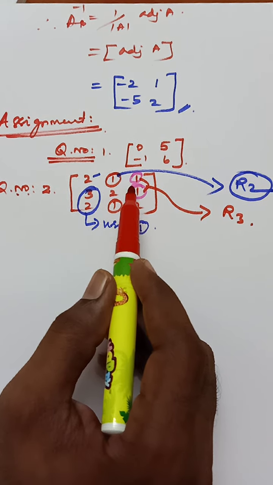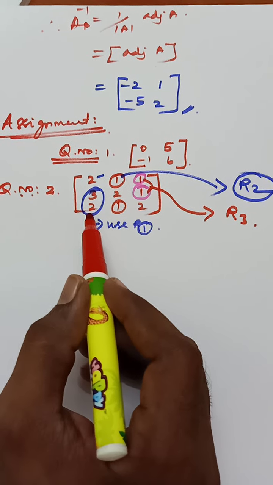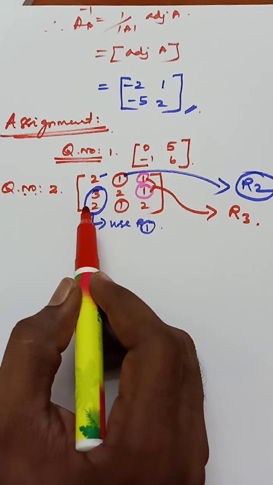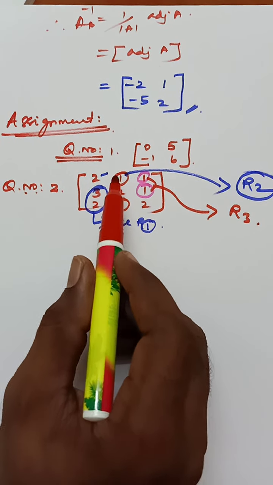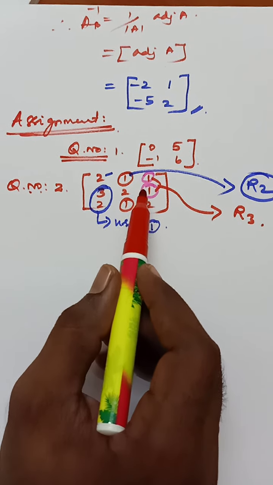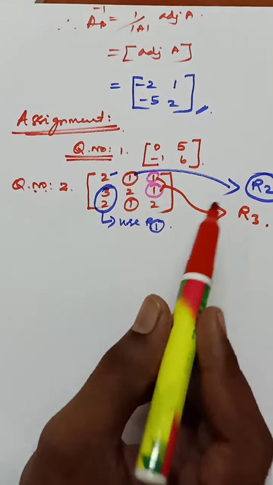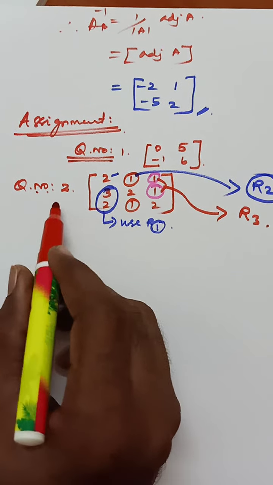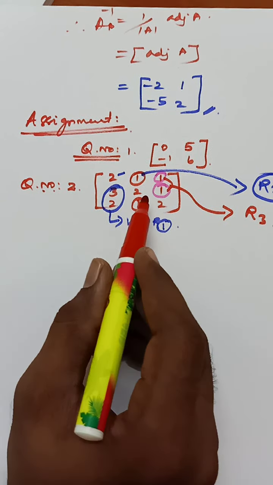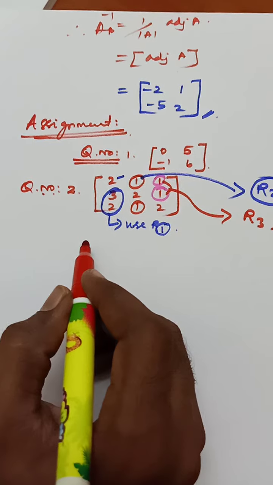Is it clear? This 3 by 3 is not an easy part. It is a very tricky question. First this number is 1, make these two 0, and this number is 1, make these two numbers 0, and this number is 1, make these two numbers 0. You will get the answer using the Gauss-Jordan method. If you have any difficulties, we will see it in the next video, starting with this question or some other question. Right? So that's it. Thank you.